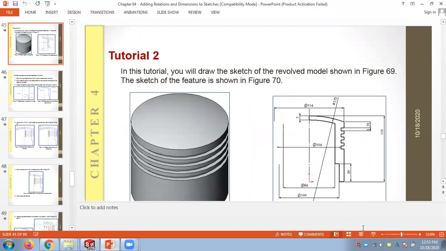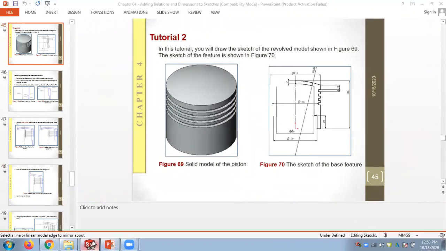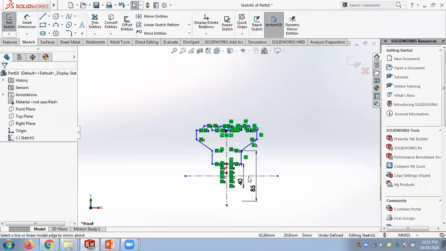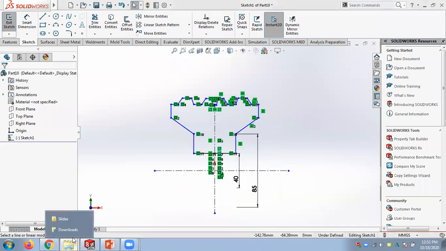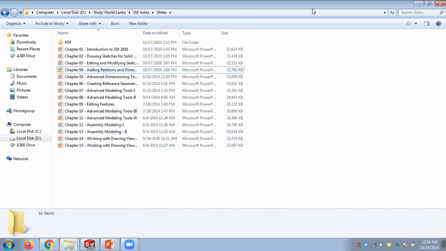Any questions up to this point? What we have discussed? So I'm showing the full syllabus we are doing for the 4-year degree program in mechanical engineering. We may not cover all the areas, but I will try to cover as much as possible. Any questions up to this point?